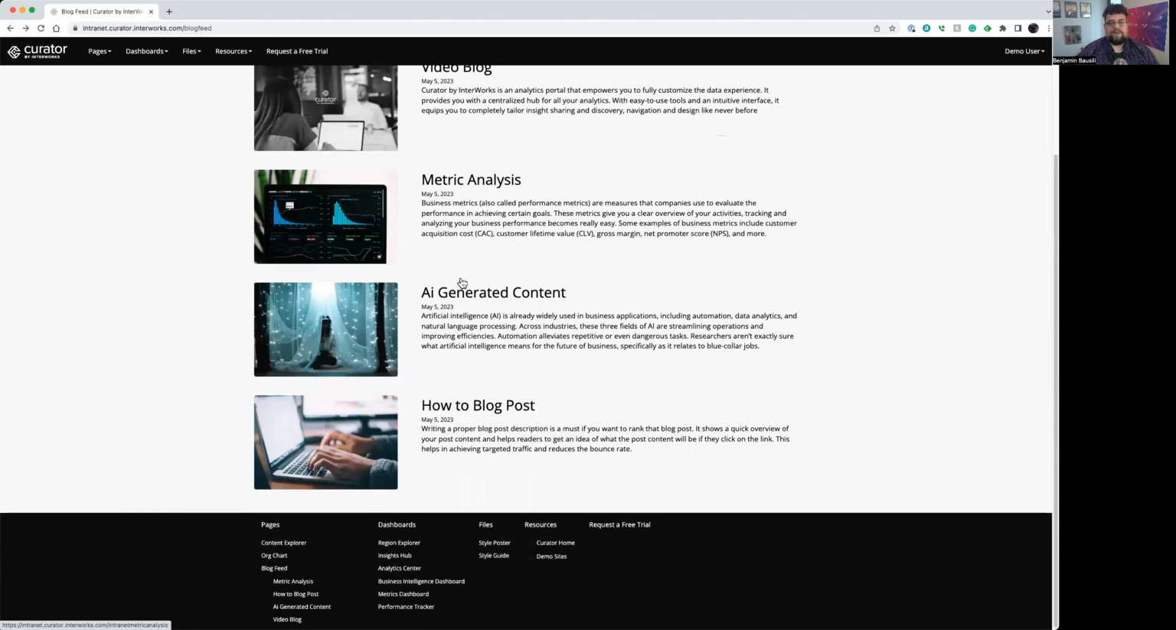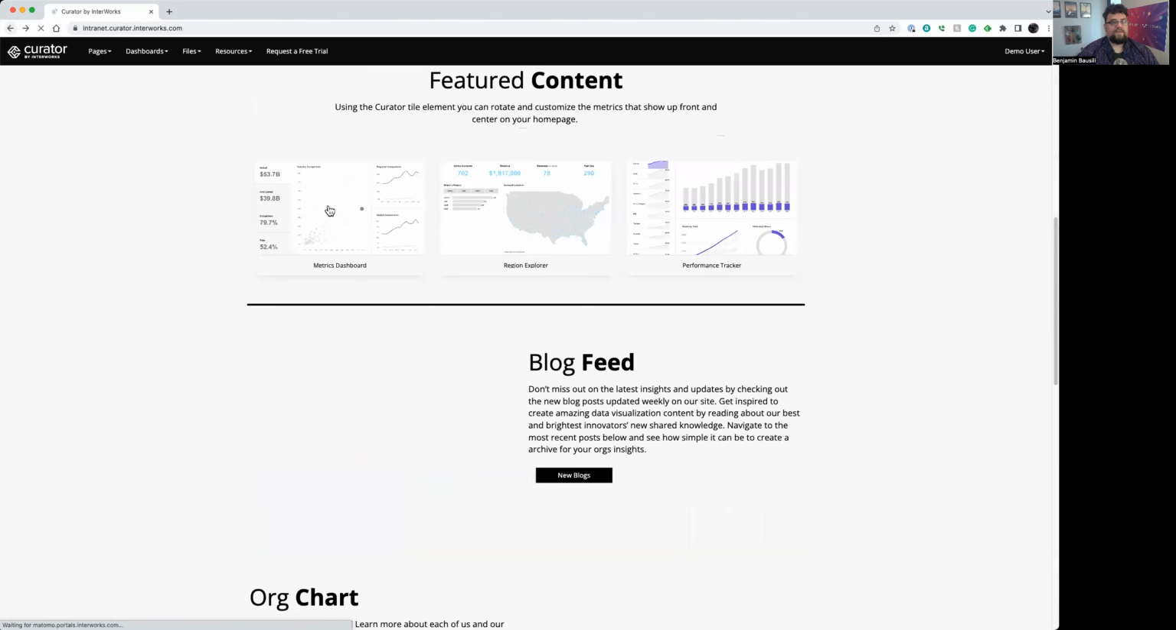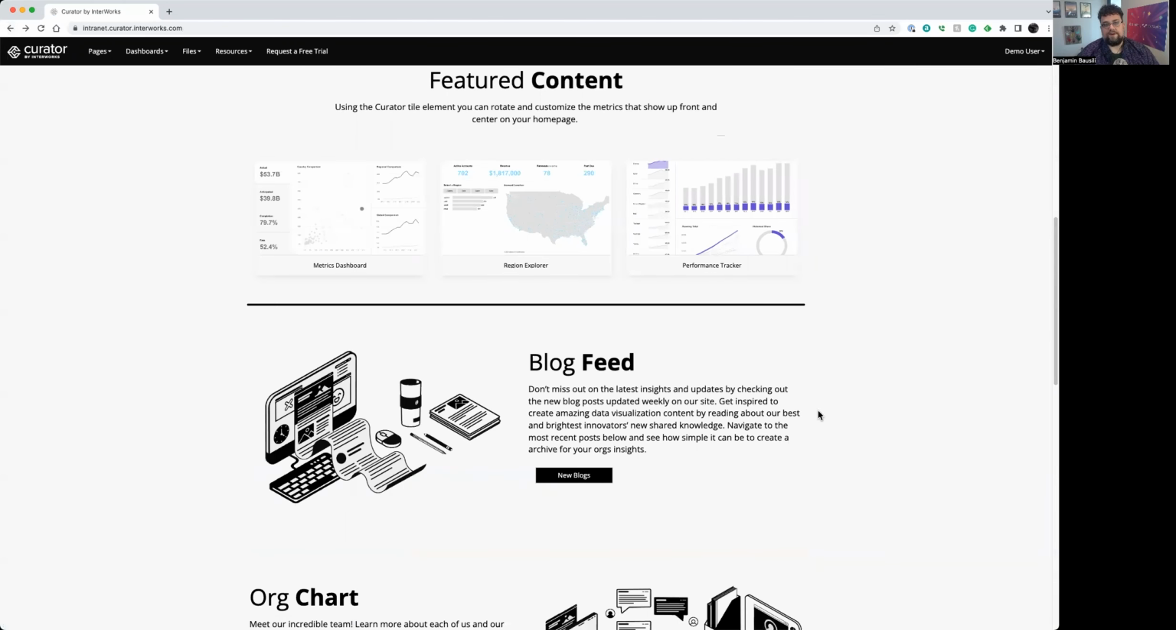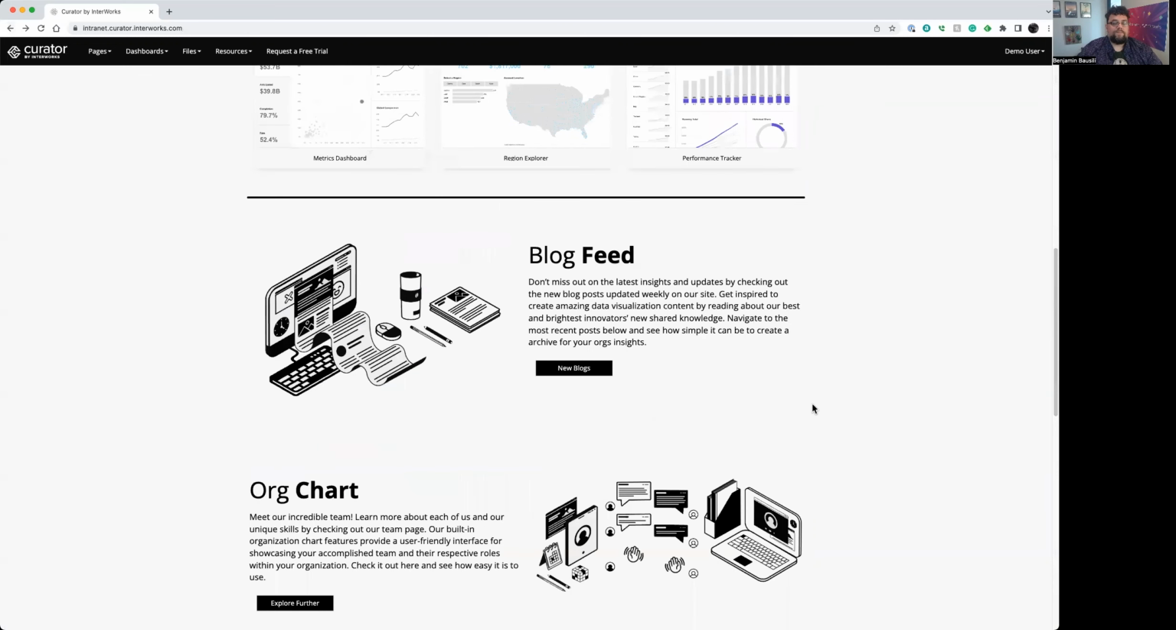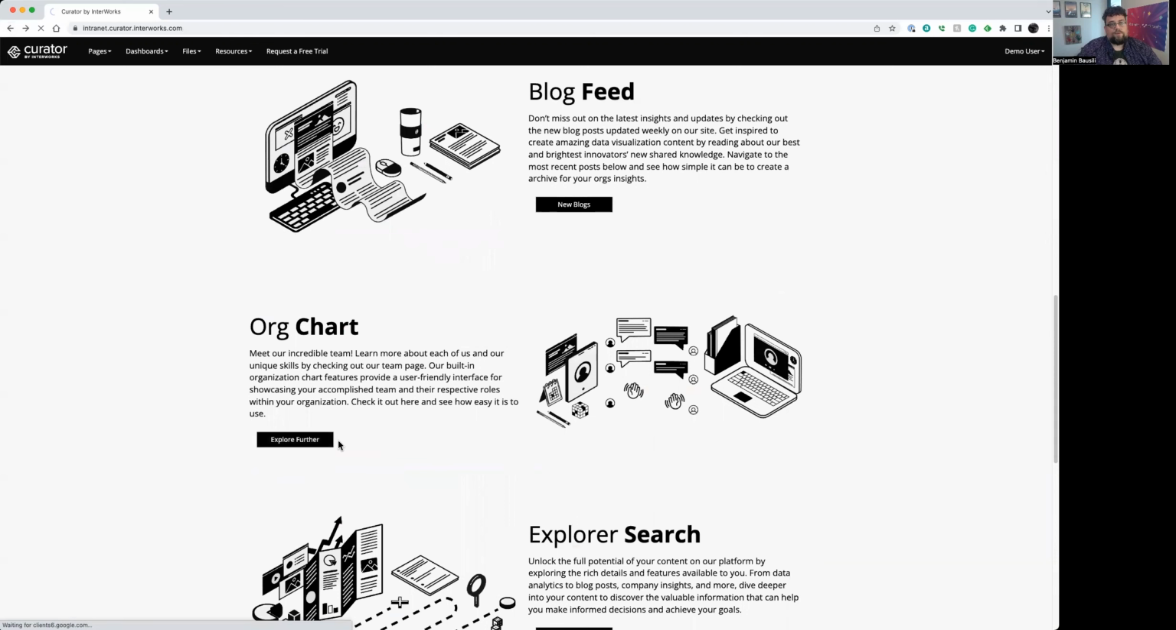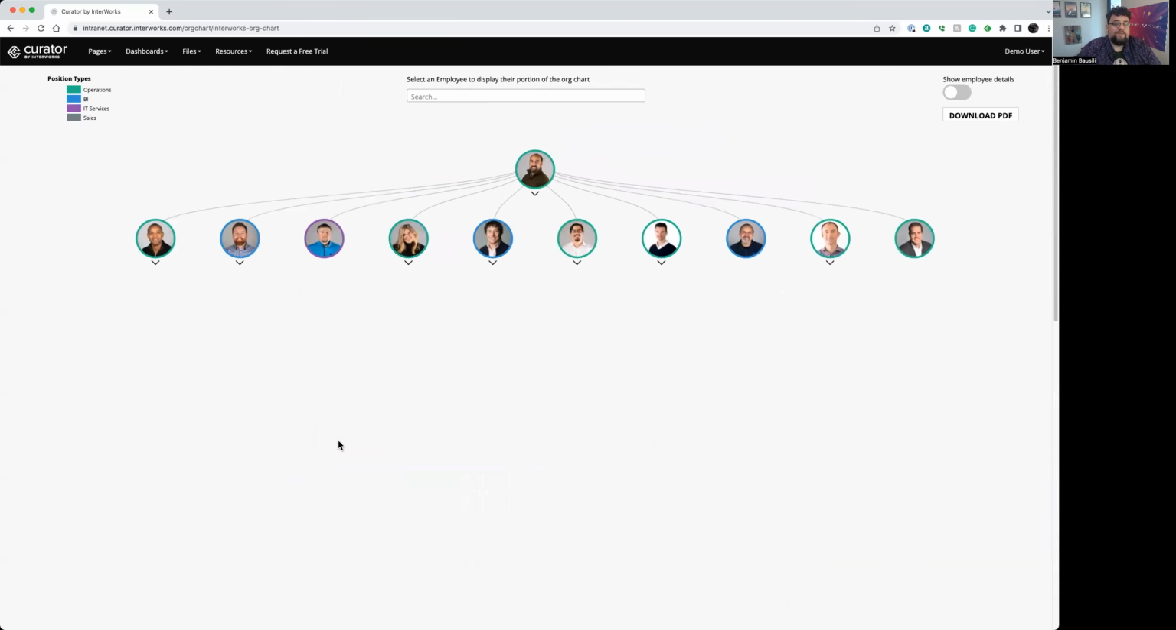And again, mixing and matching all this stuff is really easy. So you could have a blog feed here that, again, has your analytics available for use. We also have things like our org chart feature built in Curator. And so this is some non-analytics content that was built in here with